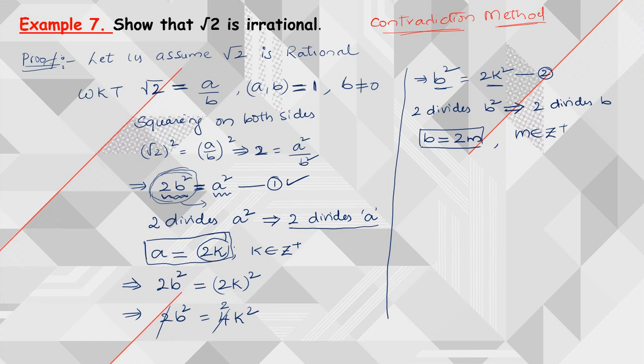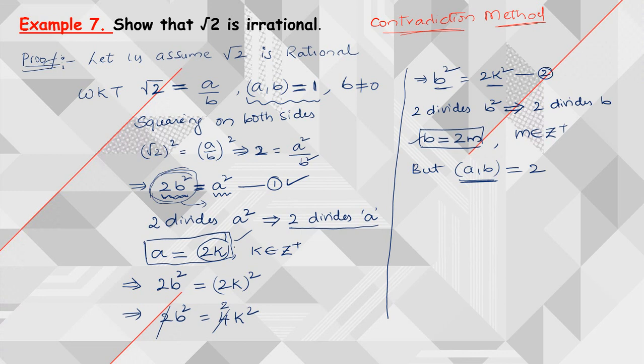So when a and b are even numbers, then the highest common factor of those 2 numbers is 2 again, right? So 2 divides both the numbers a and b. But initially what have we taken? There are no common factors for a and b. But here what we got? This symbol represents GCD or HCF. So HCF of these 2 numbers is equal to 2. From these 2 things we got HCF of a and b is equal to 2.